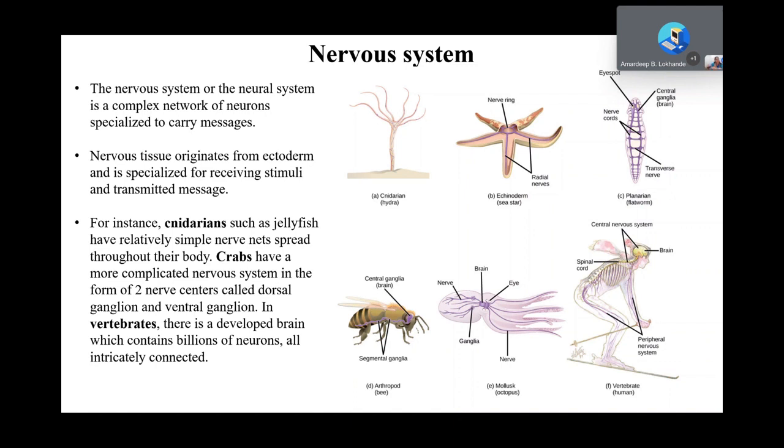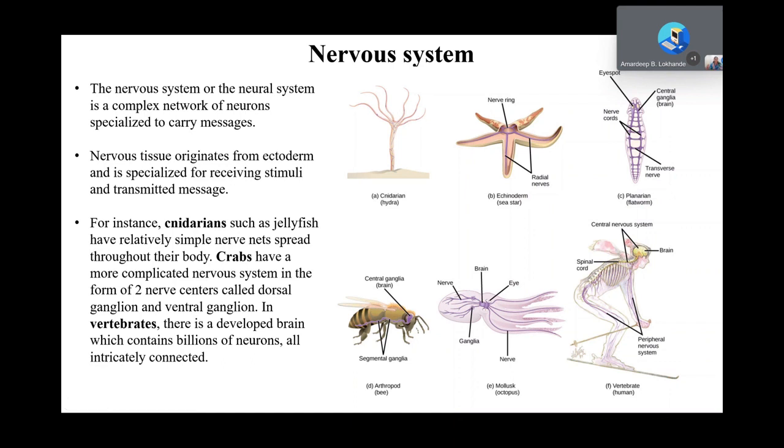But the nervous systems present in different organisms differ in their level of complexity. For example, in hydra, it is just a very simple nerve net. There is a basic signaling center, and the nerve net spreads throughout the body. But when you go to the crab, you see more complexity,